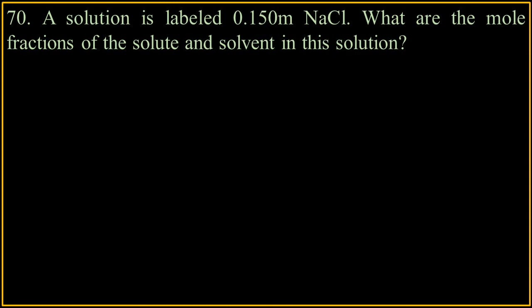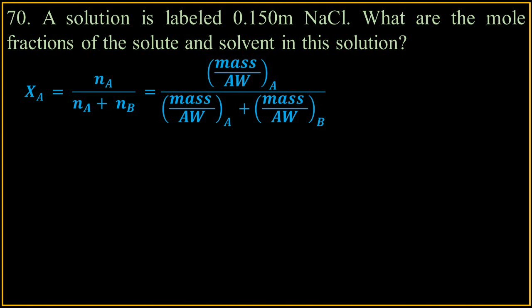A solution is labeled 0.15 molal sodium chloride. What are the mole fractions of the solute and solvent in this solution? Well, it's going to be 0.15 moles of sodium chloride per kilogram of solvent. Change the kilograms to moles of water, and you're going to have what is needed. So, there's the equation, and you have the mass over atomic weight. You know that the mole fraction of water equals 1 minus the mole fraction of sodium chloride, and therefore,